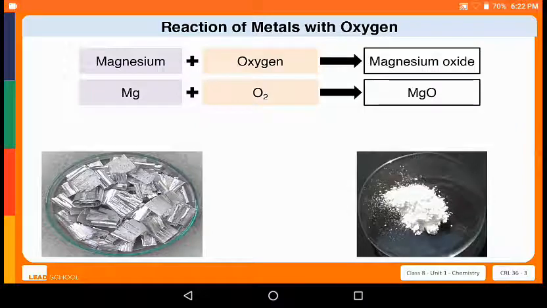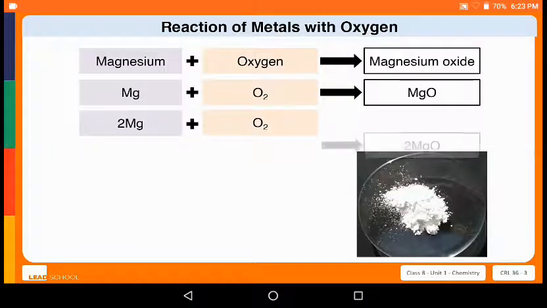Is this equation balanced? We have one atom of Mg and two atoms of oxygen on the left, and one atom of Mg and one atom of oxygen on the right. We can balance this equation by having two atoms of Mg on the left and two molecules of MgO on the right. So the balanced equation can be written as